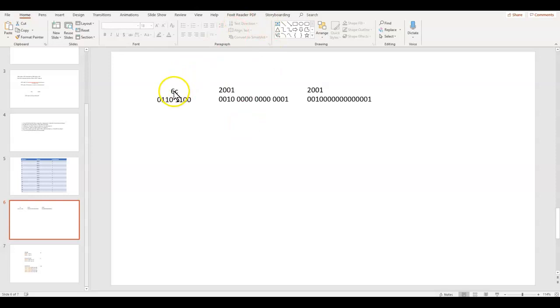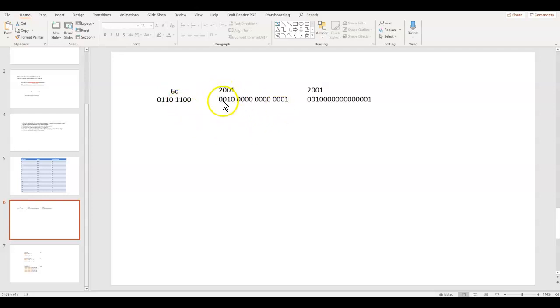Let's look here. This is a 6C. Well, 6C is real easy. I've got a 6 here. There's the 4's place and the 2's place. 4 plus 2 is 6. And then a C. Well, C, here's the 8, 9, 10, 11, 12. So that's the 8's place and the 4's place. 12 turns out to be equivalent to C. So it's real easy to put them together.